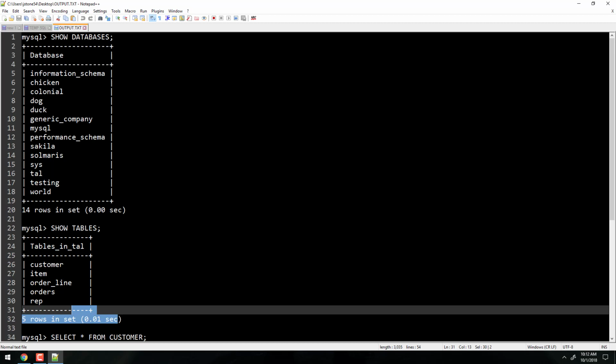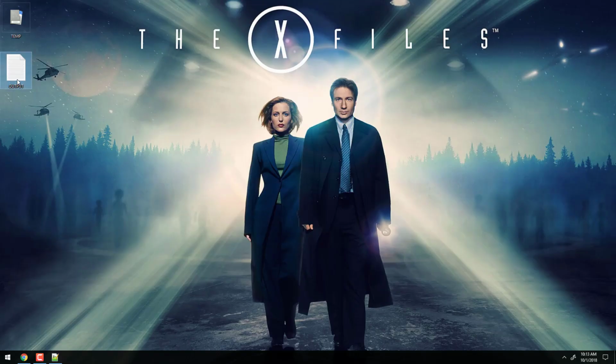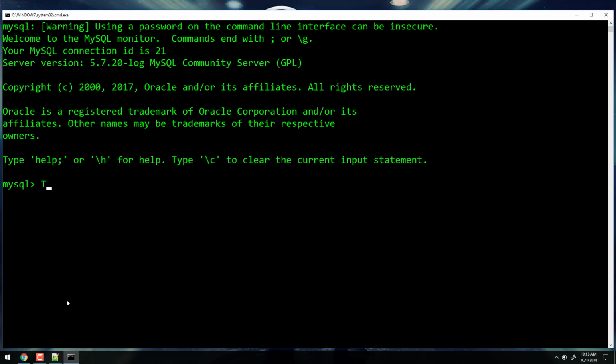Now, when I exit out of my SQL, the logging stops. And then if I log back in and I run that same command again, T whatever file path, it will overwrite this file right here. Okay, so if I go back in here, my SQL, and I run that again,